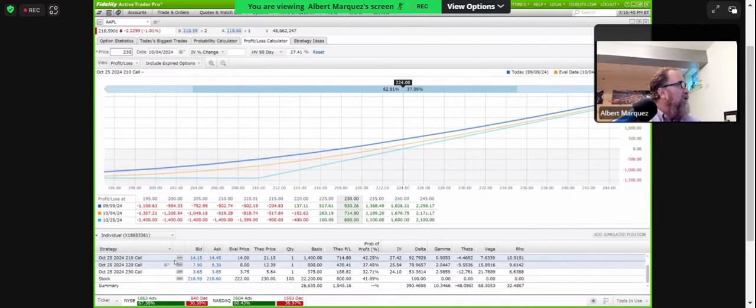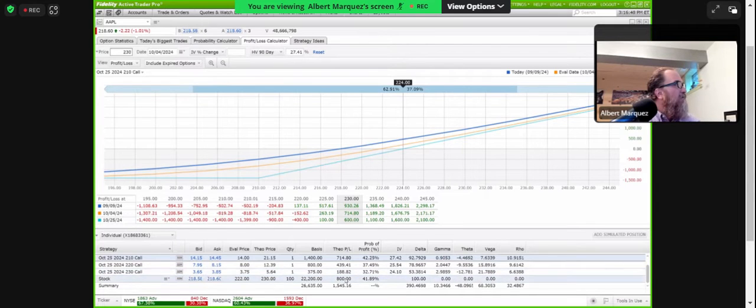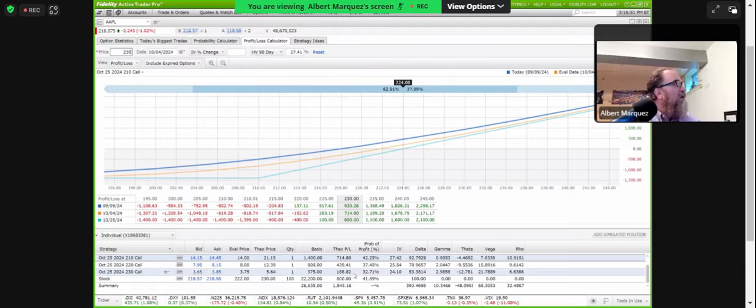And let's take a look at the third one, the 230 call. Well, guess what? We evaluated at 375. It's now worth 564 under these scenarios. And here we are making a profit of $188.82. So if we want to talk about percentages versus the outlay, you can see where things are laying. It's pretty similar for the most part, depending on how much you actually wanted to put out for that particular option. We've got 1400, 800 versus 375, and the returns have all been relatively close, somewhere around a little bit over 50% in that amount of time. But again, this is based on the idea that it's the 4th of October and we've moved to 230.